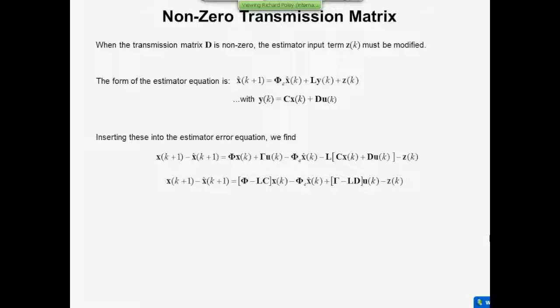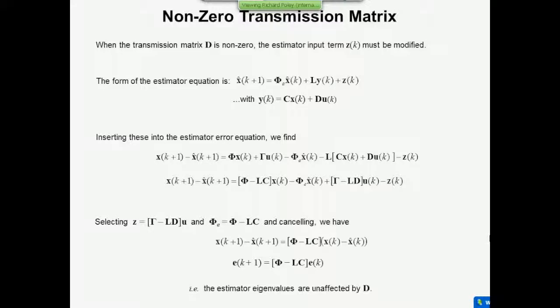But it's not a problem, because all we do is fiddle factor it out. You choose z of k now so that it equals gamma minus LD times u, rather than just gamma times u. So there's the difference, and you're back to exactly the same set as you did before. So, in fact, the presence of a non-zero D matrix does not influence the estimator dynamics at all. The only thing that it does influence is your choice of z of k.